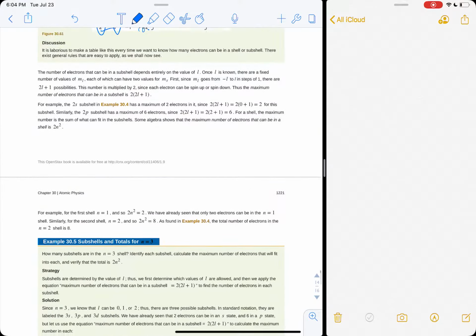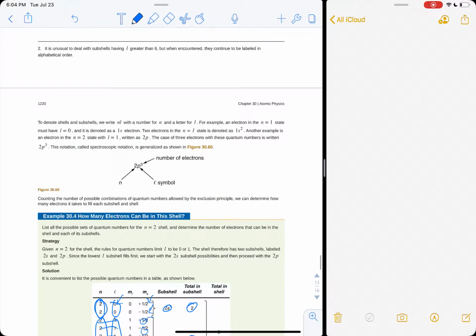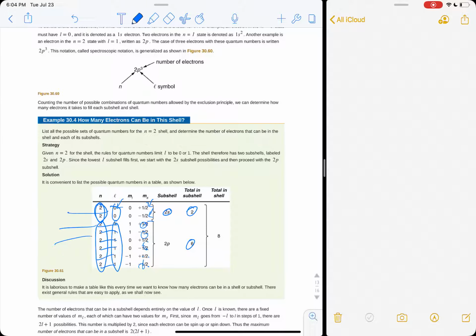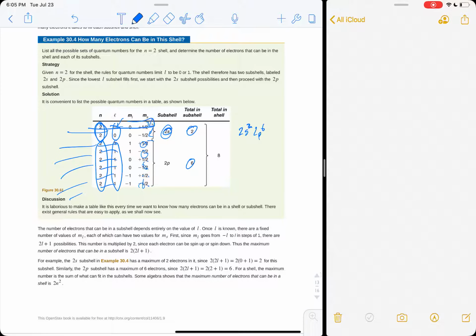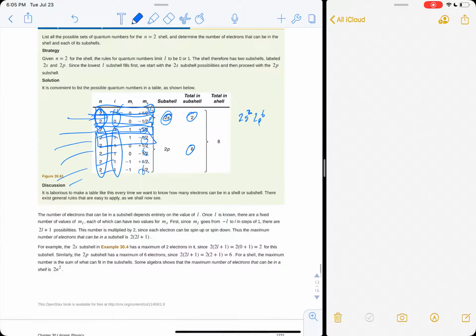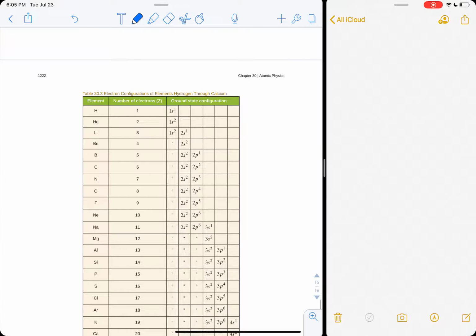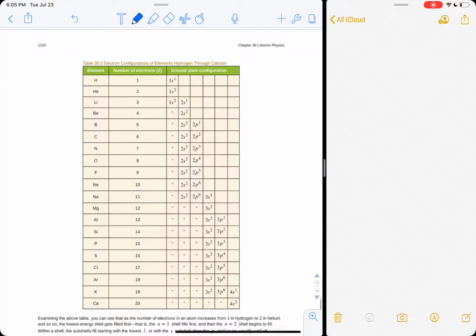So this is called spectroscopic notation, which is replacing writing this table out all the time with 2s2. So this would be 2s2, 2p6, which would tell you this full configuration of the electron shells. And that's because once you occupy this state, the next one is occupied, the next one is occupied, the next one is occupied. You just keep going down the line. Okay, so here you go.